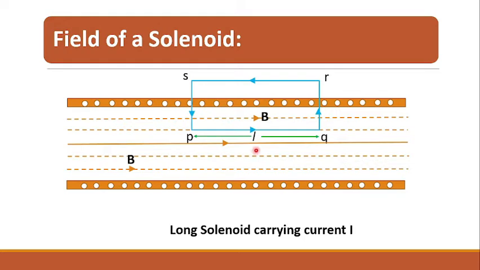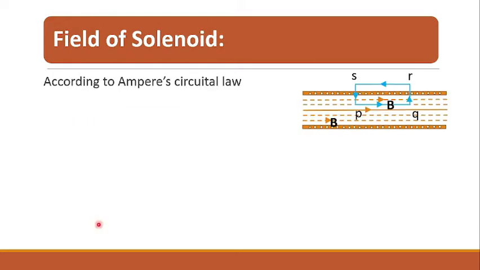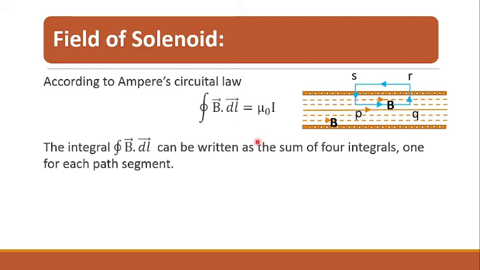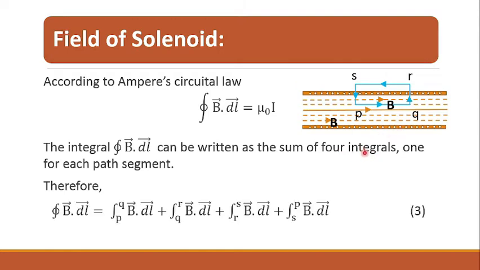And RS is also parallel to the axis of the solenoid. According to Ampere's circuital law, the closed integral of B dot dl is equal to mu 0 I. The closed integral of B vector dot dl vector can be written as the sum of four integrals, one for each path segment, and therefore we can write the closed integral over this loop PQRSP